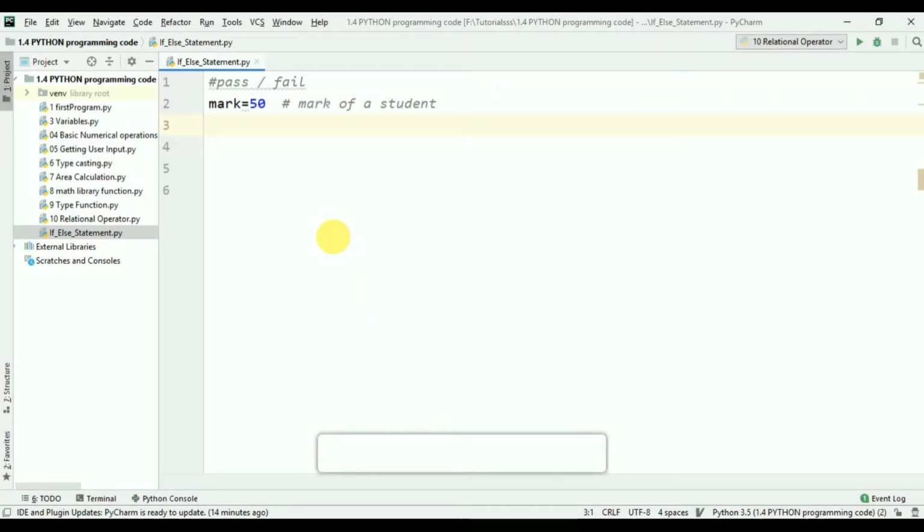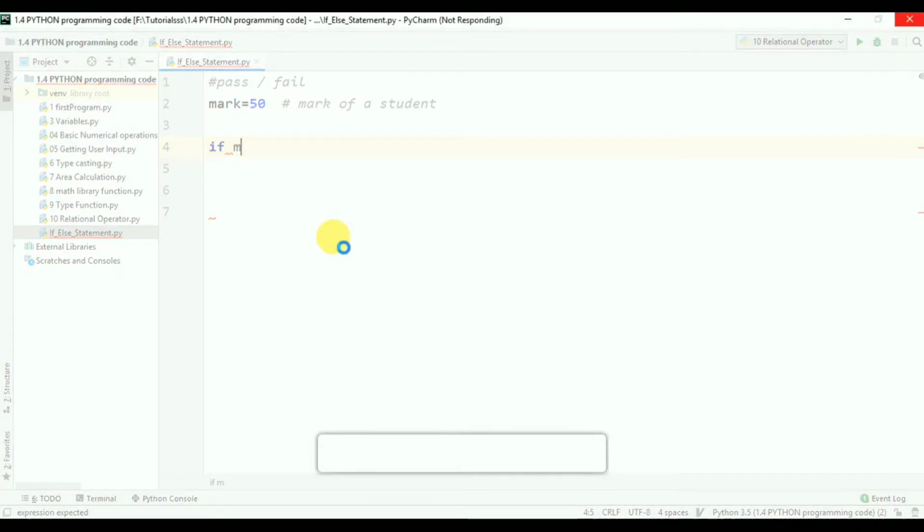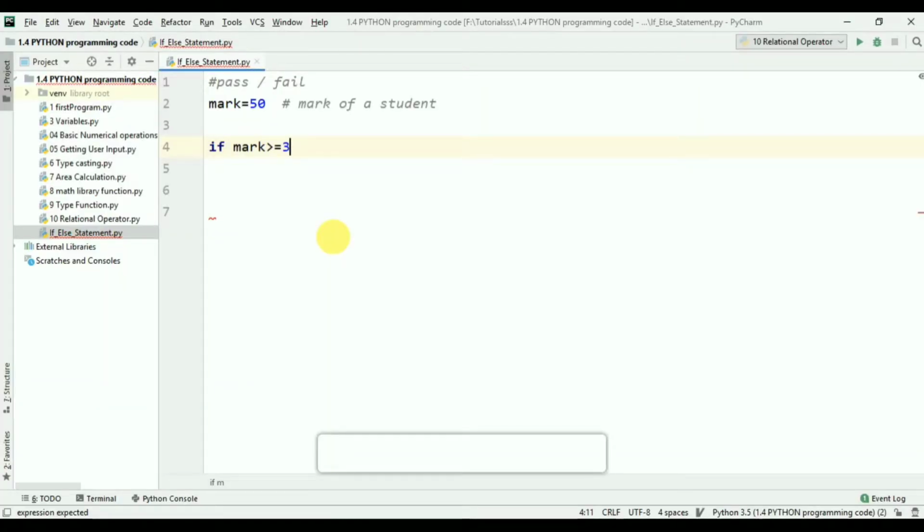Now I am going to compare this value for the if condition. We have to declare a condition after the if: when this mark is greater than equal 33, just like this, mark is greater than equal 33, and here you have to put a colon.